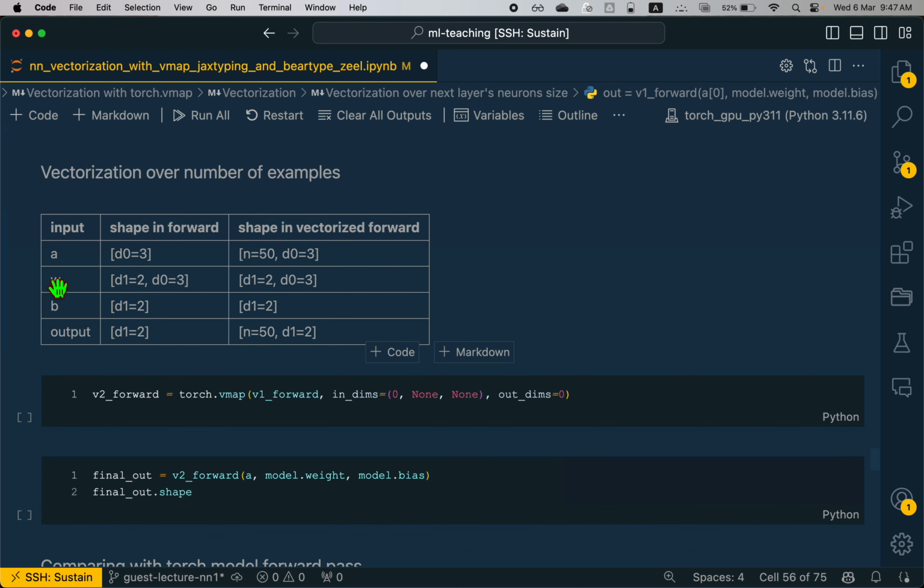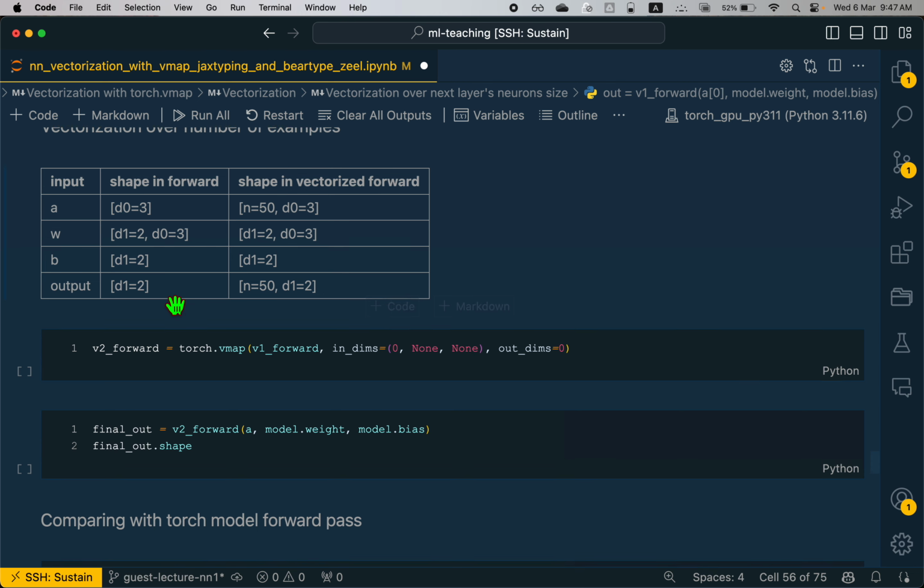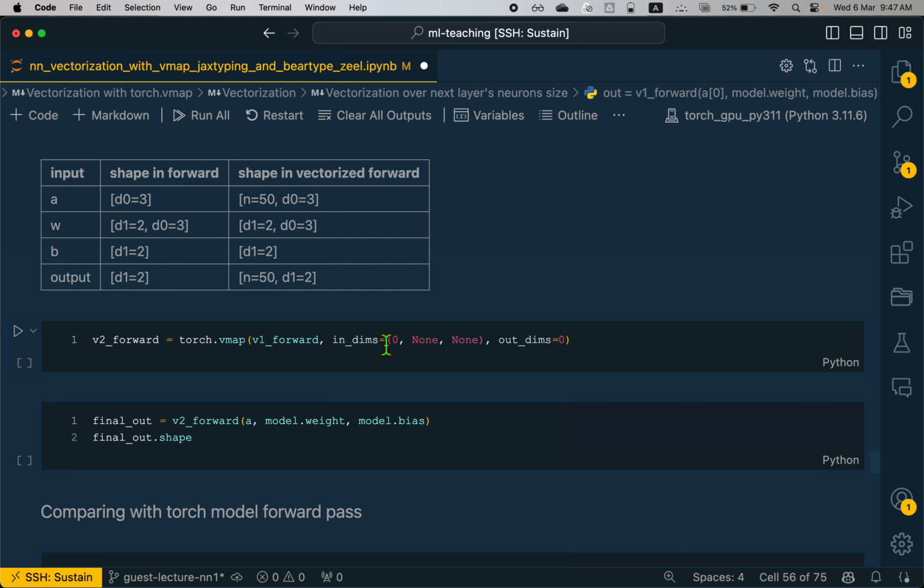My W doesn't change, B doesn't change, because as we discussed, W and B don't depend on the number of examples, right? But my output will now have shape 50 comma 2 instead of just 2, because the output will include the number of examples. Now this is how you define this particular vmap operation. We passed the v1 forward function, which was the vectorized function we defined earlier. Then we are passing 0, which corresponds to n for A, and then for W and B we are passing None, None,